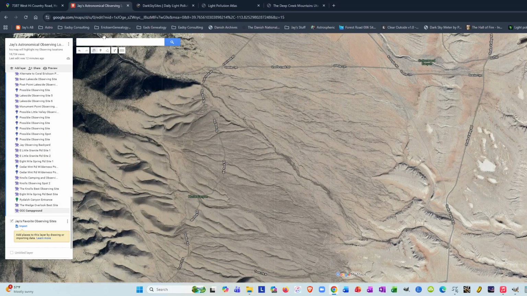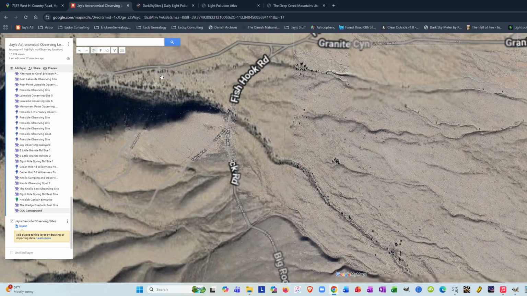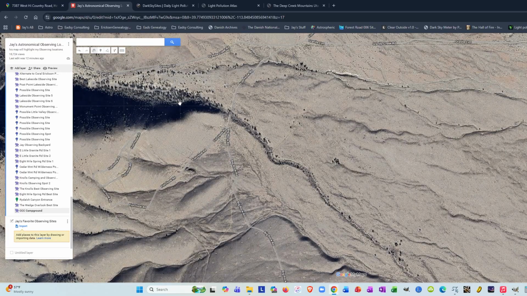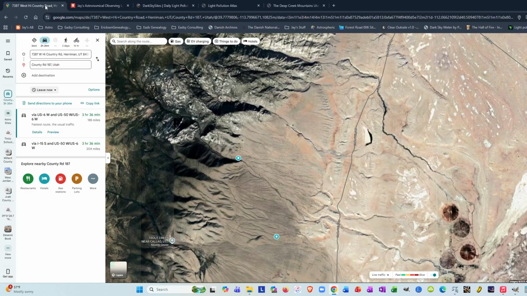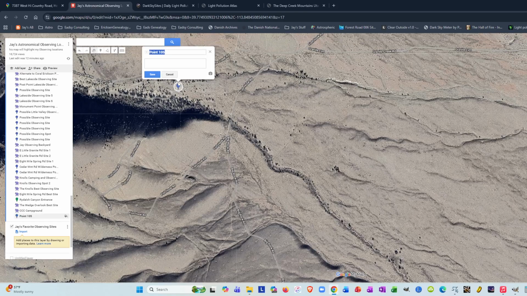Just come in here. Looks like there's a nice little spot right here, except you have that ridge really in the way in the south, and I got to see how that works. Don't know if that's really going to work, but for now we will just mark this as a possible, if I can get it to work,